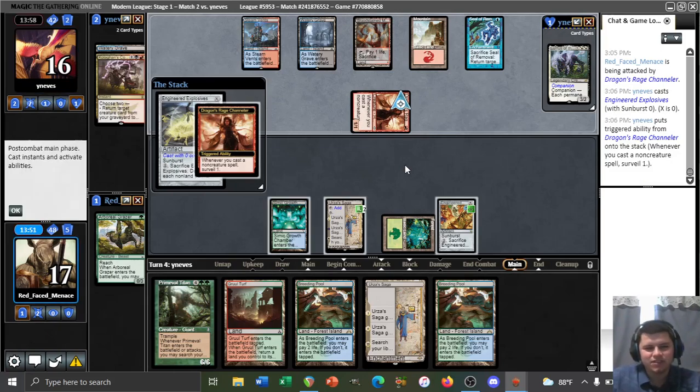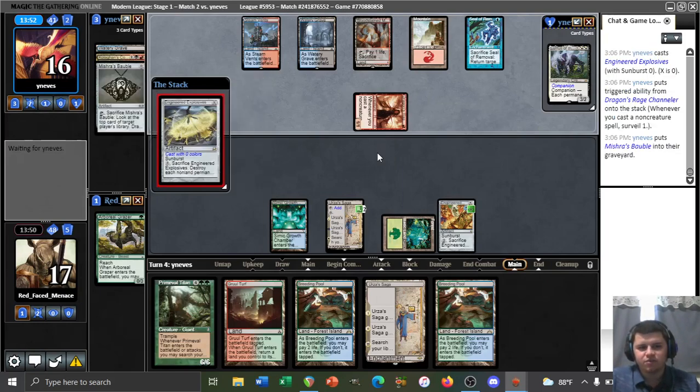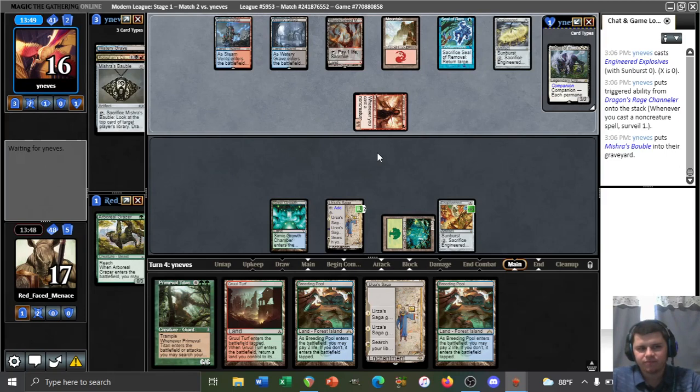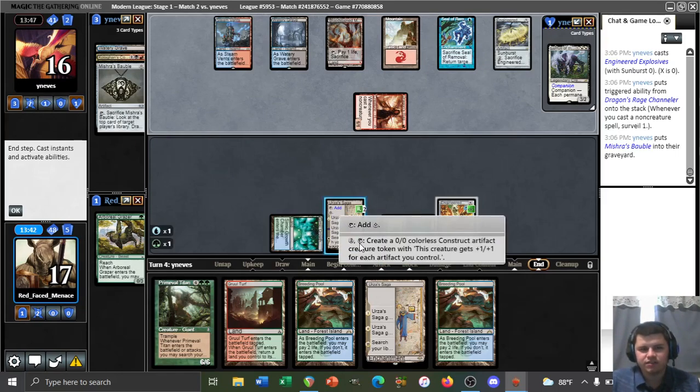Our opponent has Explosives for 0. Alright, we'll yield to the Dragon's Rage Channeler, I suppose. I guess the for 0 is to try to deal with our Saga tokens. They mill over Bobble, okay. Is it kind of dumb that I'm already considering just getting another Relic with this Saga? I mean, obviously we're gonna...